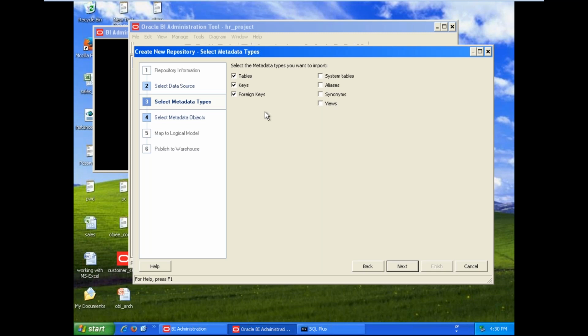Okay, keys. And the next one is foreign keys. If you want to generate the relationship between the tables while importing them from the database, then you can select foreign keys. But what happens if you select foreign keys? The system will take a longer time to generate the relationship between the tables. That's why we don't recommend enabling foreign keys to generate the relationships.